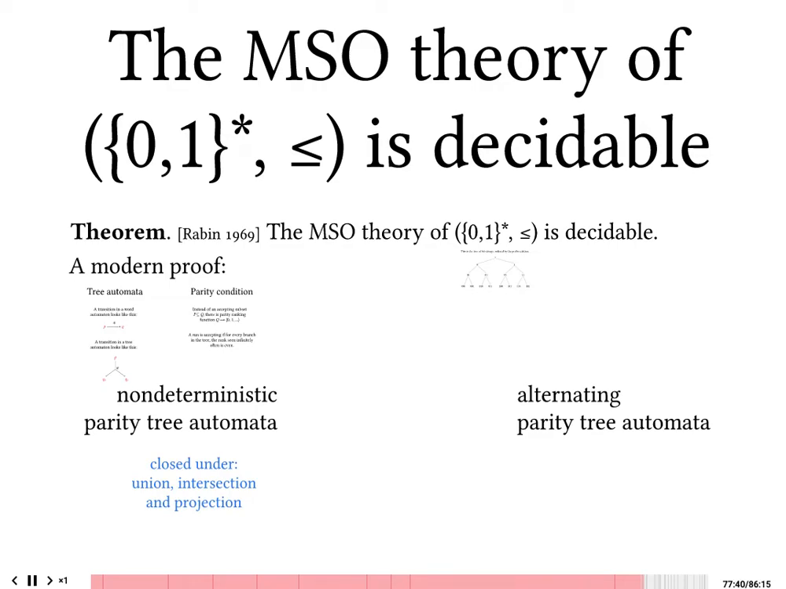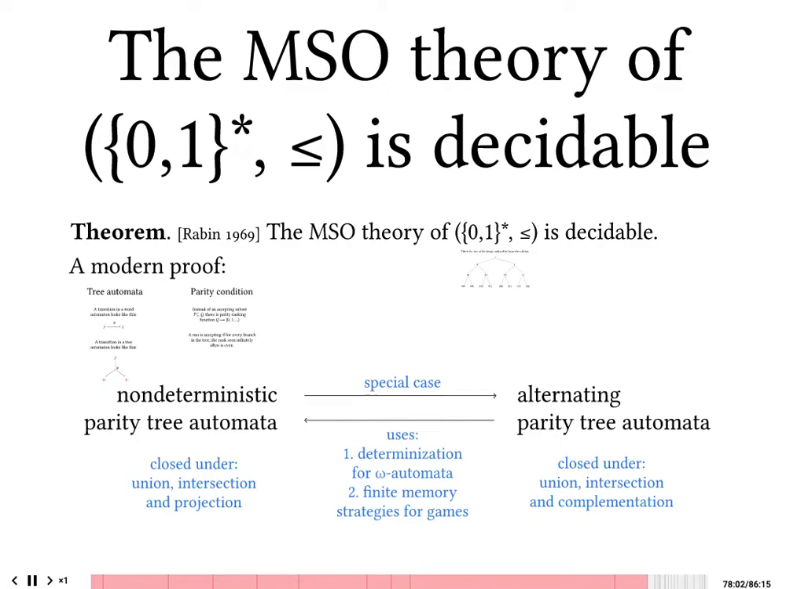These are defined well; if you're familiar with alternating automata, you can sort of guess what they will be. And they're trivially closed under Boolean operations, especially complementation. Then the main technical work is to show that the two models are equivalent. Non-deterministic is a special case of alternating, but the main content of Rabin's theorem is to prove that you can de-alternate parity tree automata, and this uses